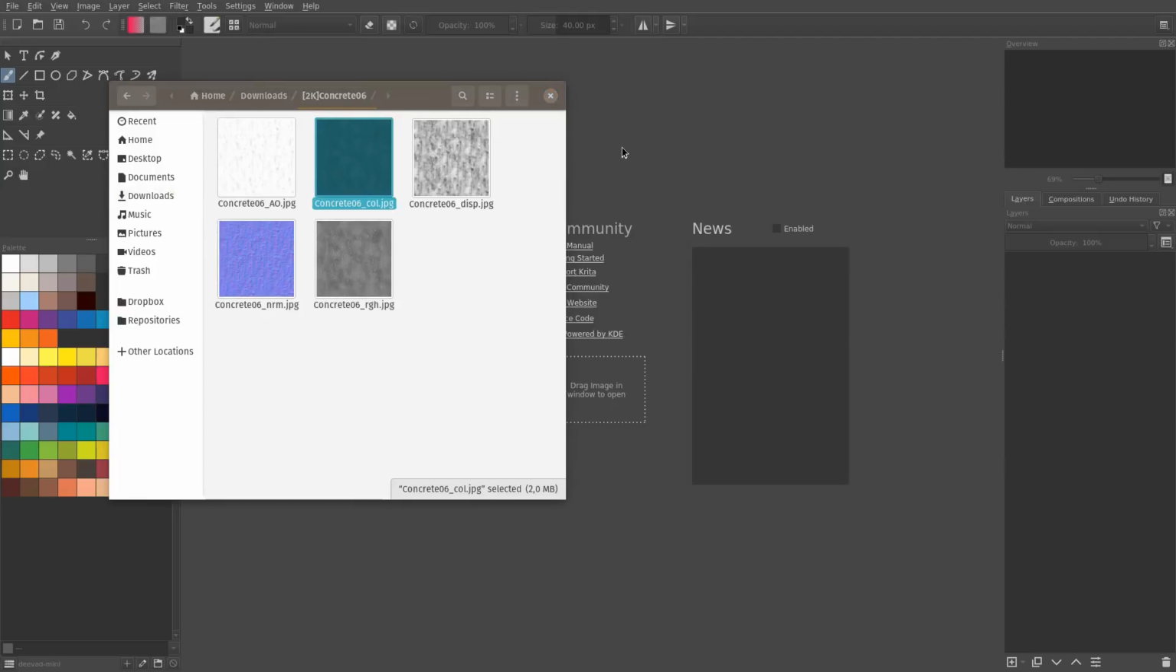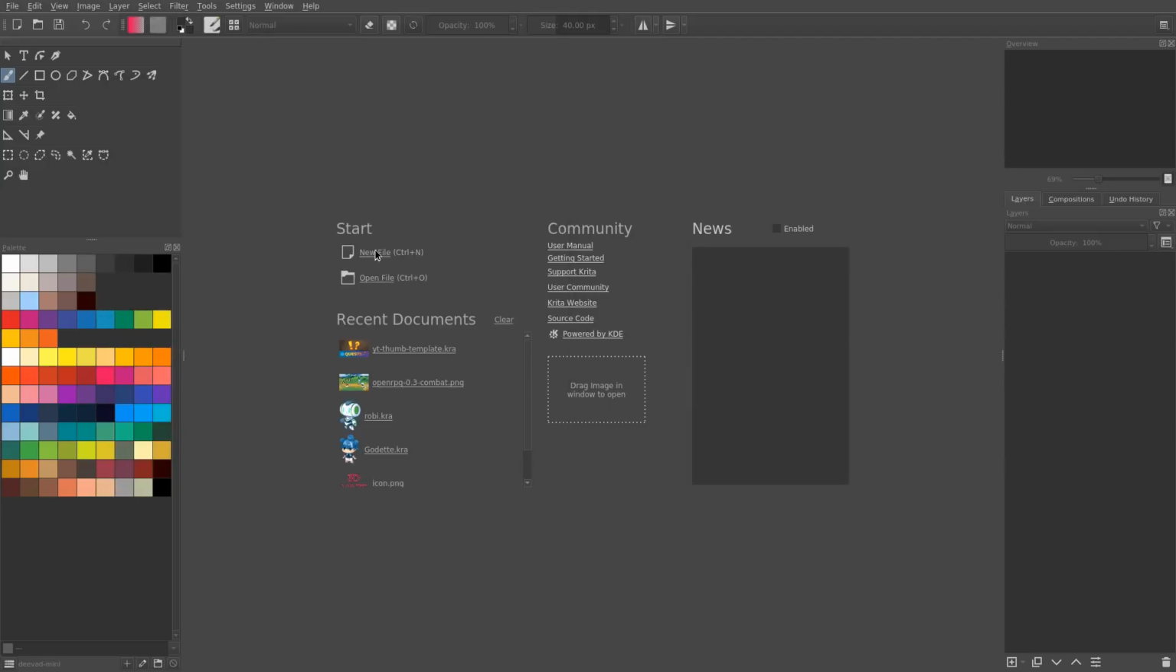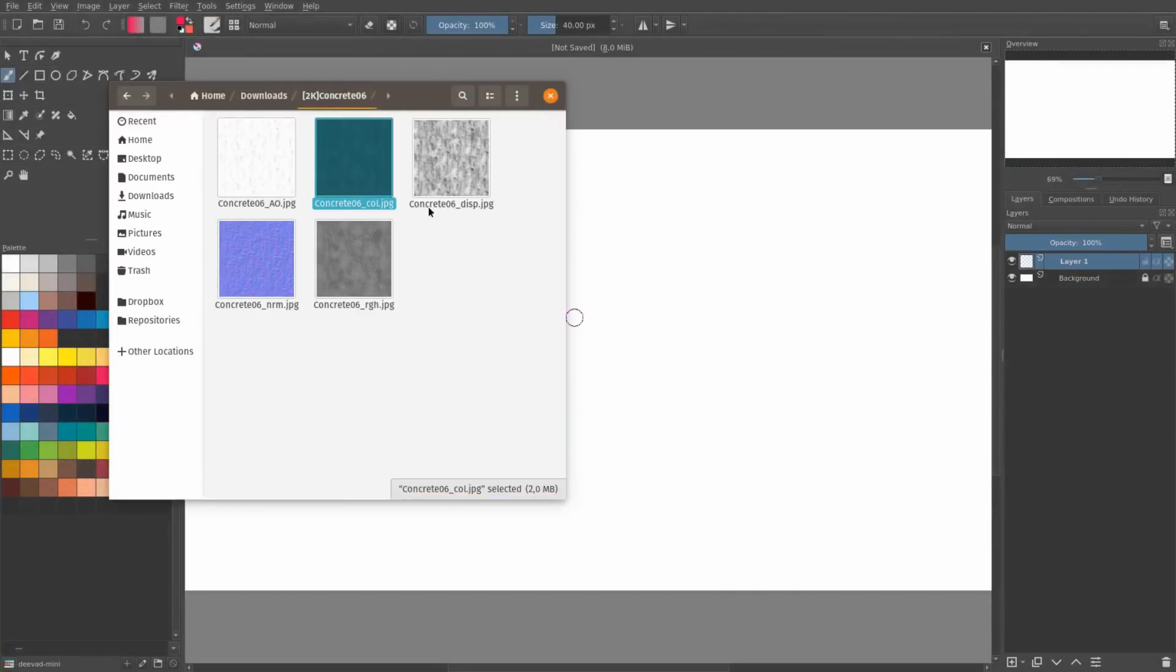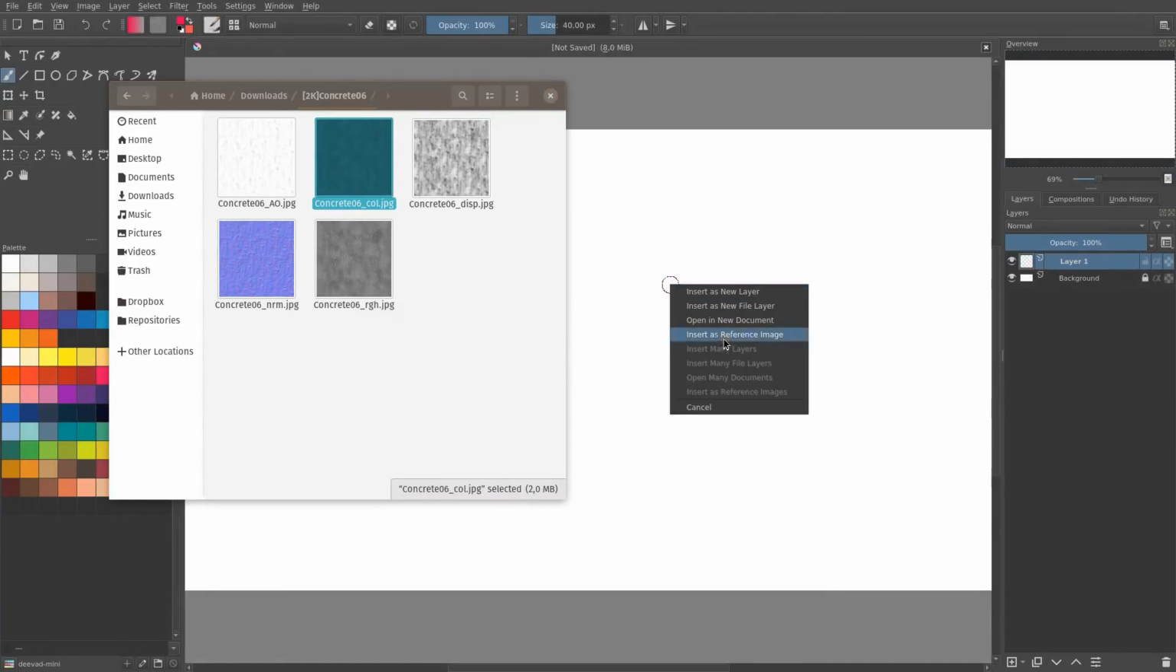But first we have to create a document. So in Krita, go to new file. We're going to use 920 by 1080, which is the standard resolution for YouTube thumbnails. So create. Then I'm going to drag and drop my concrete texture, and I'm going to insert it as a